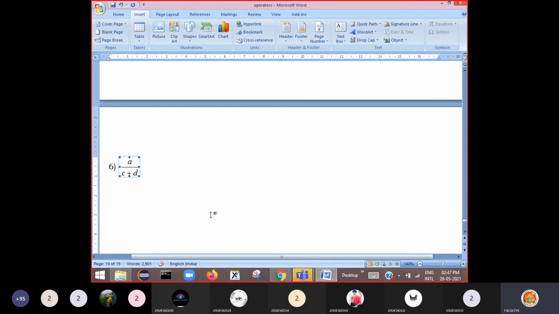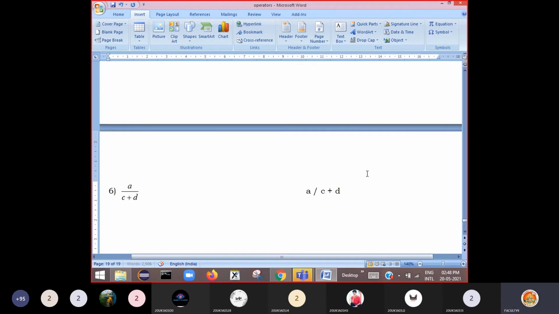Now see, a by c plus d you have. So what is the equivalent C expression? You may be assuming that it can be written like this, a by c plus d. But it is wrong.